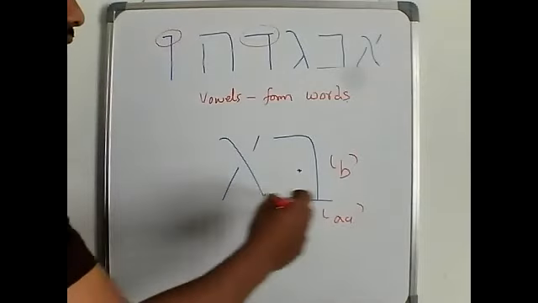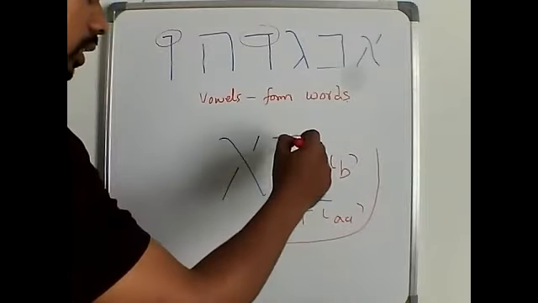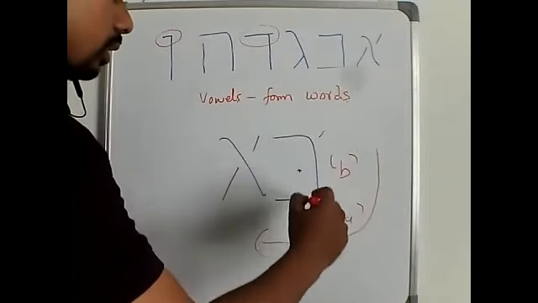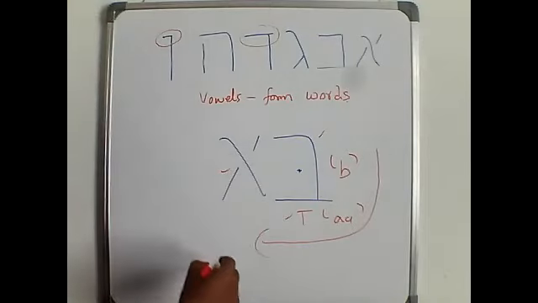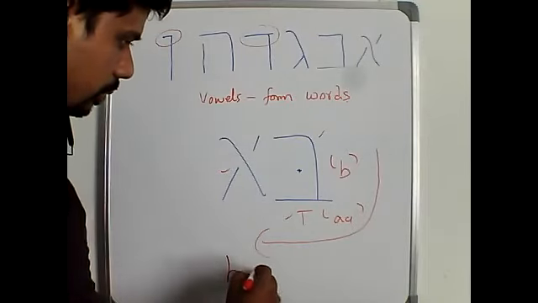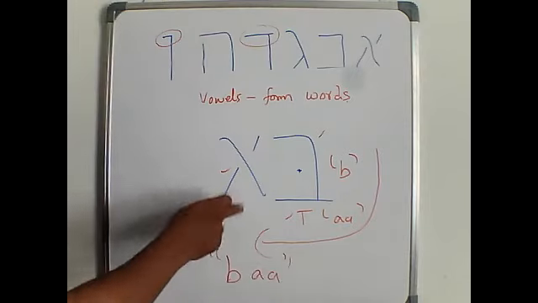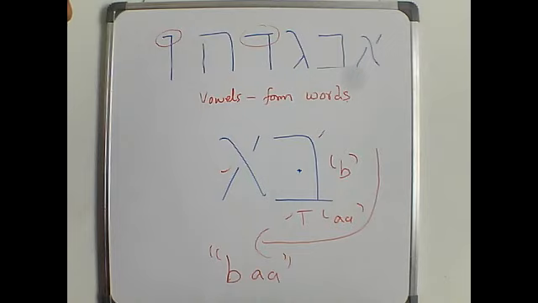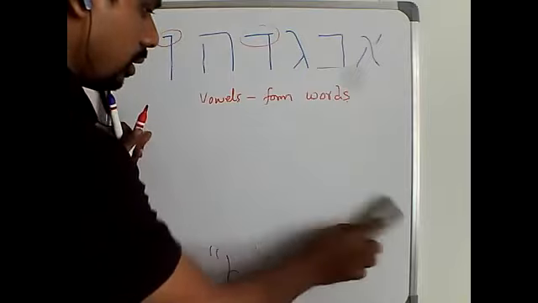So how can we read together? You have to read it from here, okay? First you have to read this one, then second you have to read this one, then third you have to read. So now if you read together, what is the sound? Ba. Okay, there is no sound here. Okay, right. Another example.